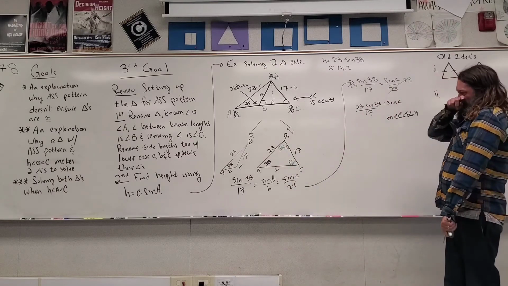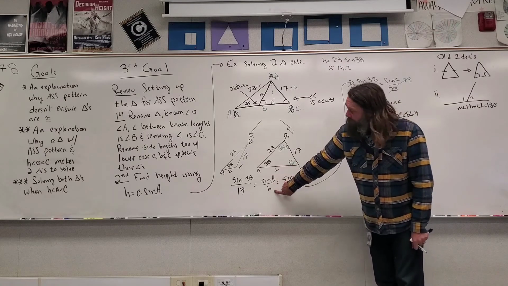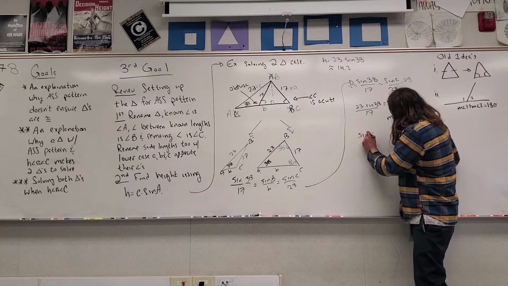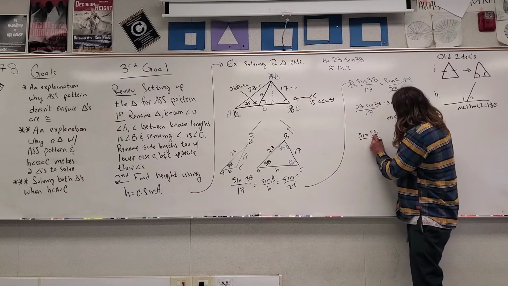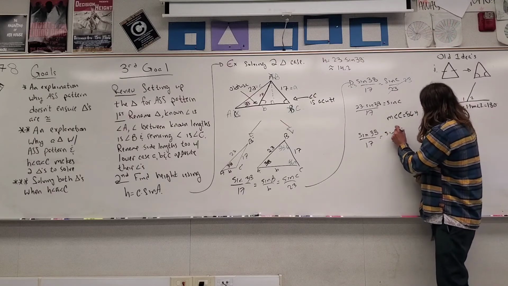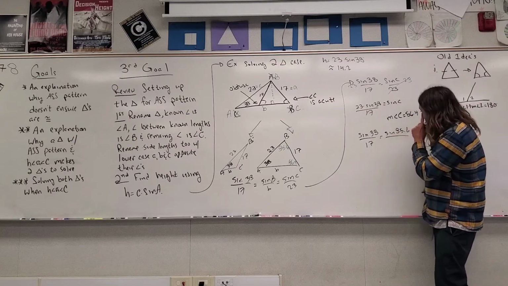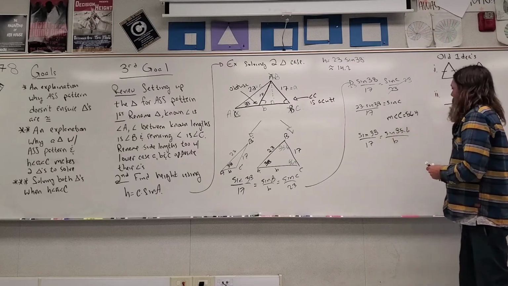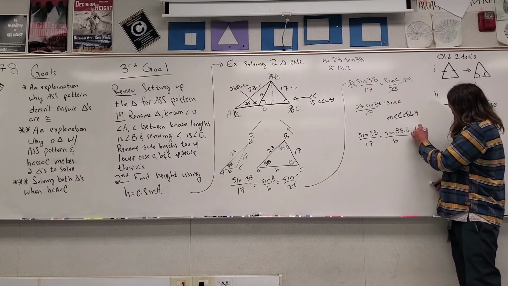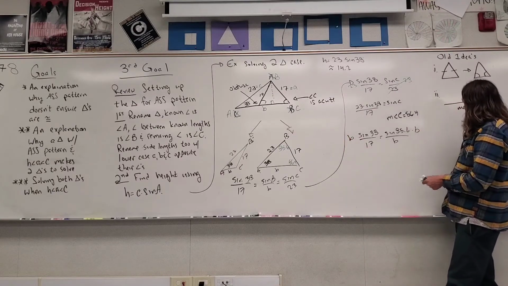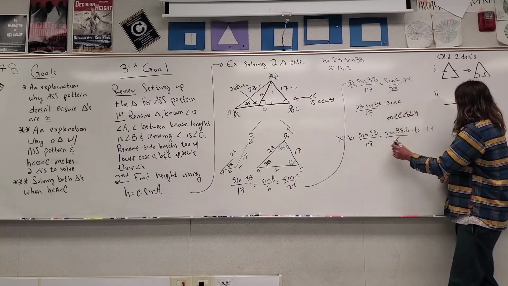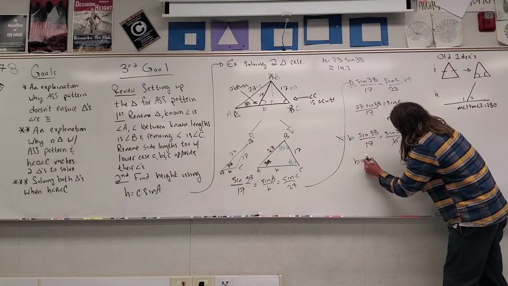Okay, now if I plug that into here, I can find my measure of length B. So let's do that. So I have sine of 38 divided by 17 equals sine of 85.6, and we'll divide that by B. Okay, so let's multiply everybody by B, right? So here times B and here times B, and then we'll multiply everyone times 17. We'll just get rid of all the fractions at once. So the 17s cancel, the B's cancel, and I get